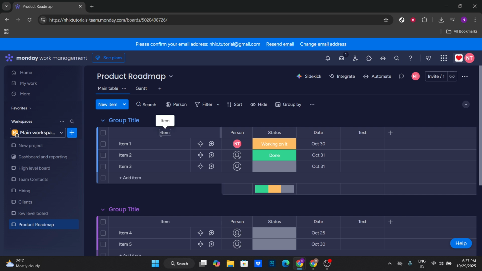With your new board ready, it's time to add some structure. Click on Add New Group. Groups in Monday.com help segment your project into different phases, which is essential for clear and organized roadmap planning. Consider organizing your groups into